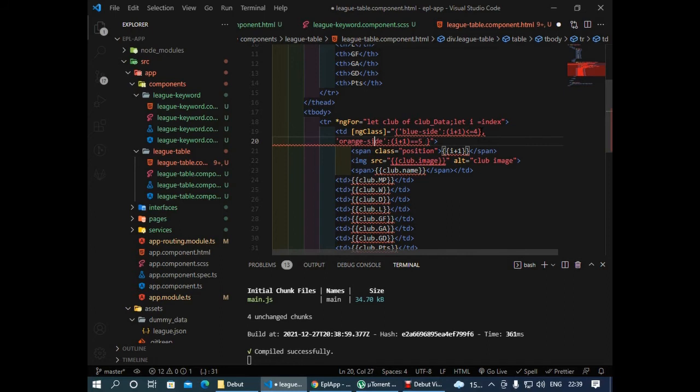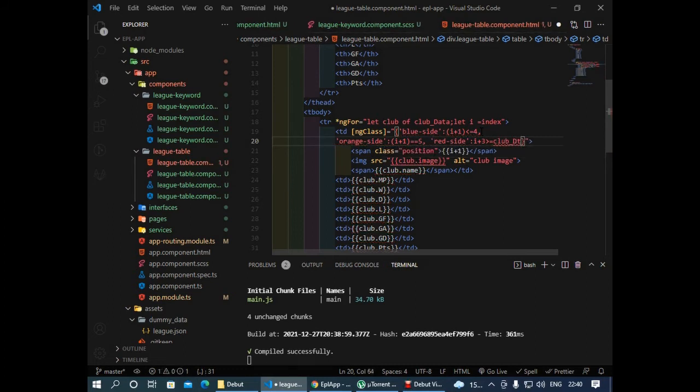Is that what I needed to do? Wait up, let me put this in one line. Oh, sorry, that was closed there, right? And then this class over here, in order for it to get this red side class, the condition that should be met is if I plus 3 is actually greater than or equal to this club